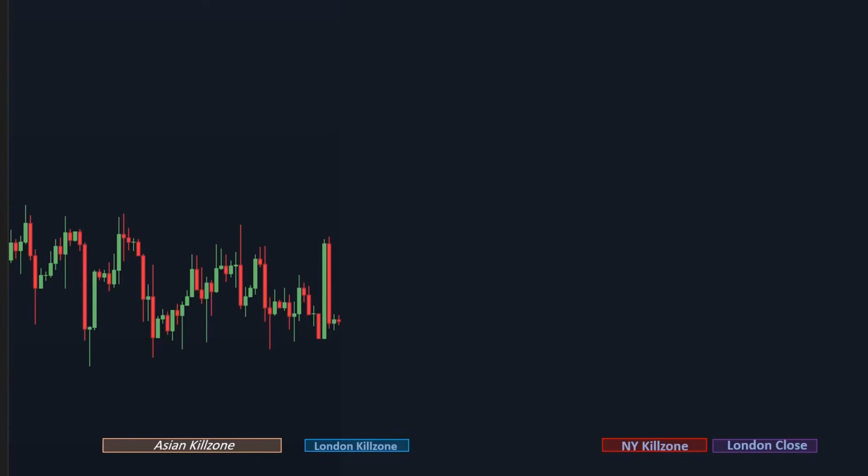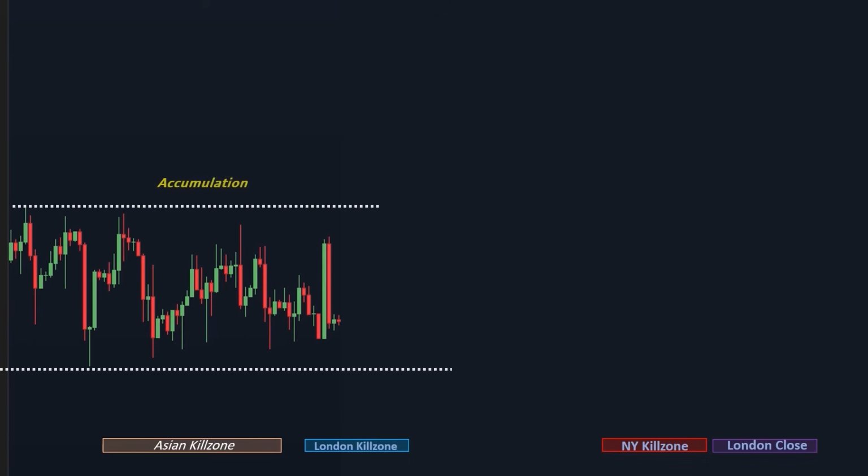As we move into the Asian session, price begins to consolidate within the kill zone. During this period, volume and volatility are low, which is typical of the accumulation phase. Once the New York midnight price opens, we start to see momentum build. Price drops above the Asian range, sweeping buy-side liquidity. This move completes the manipulation phase, taking out stop losses and triggering buy stops of traders who entered during the